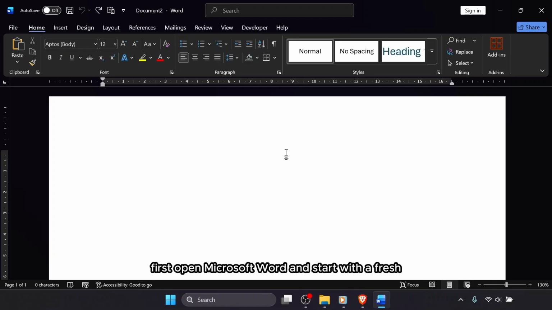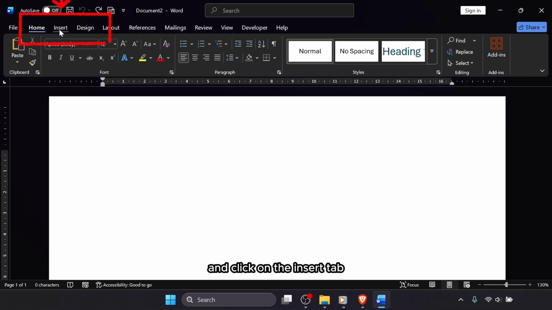First, open Microsoft Word and start with a fresh, blank document layout, or open the target file where you want to gather all your external text assets. Move your cursor to the exact spot inside your workspace layout where you want the external document data to pour into. Look at the main navigation toolbar running across the top of your screen interface and click on the Insert